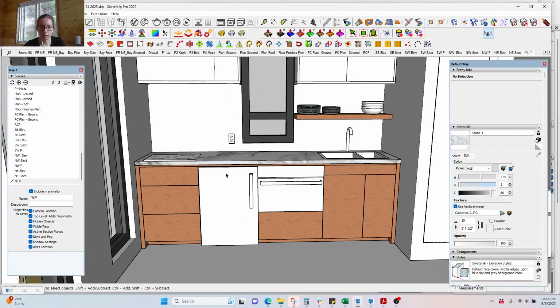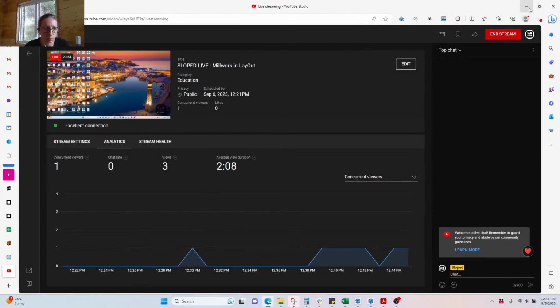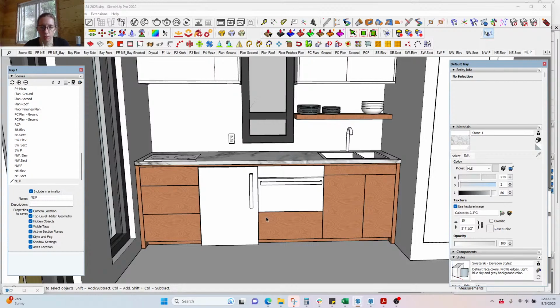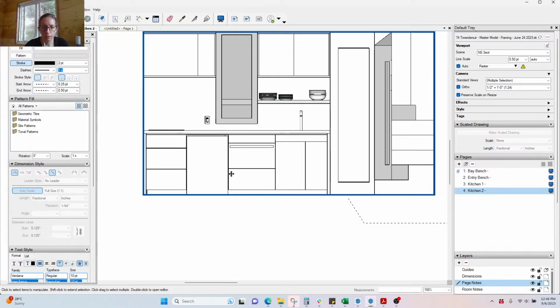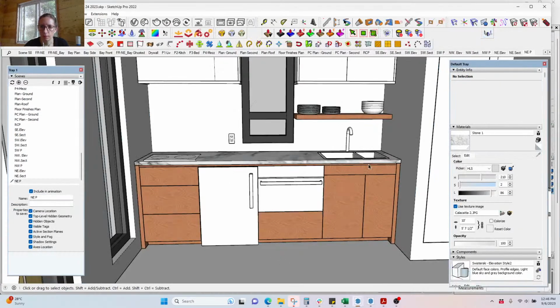Okay, I'll attempt going into layout again. So I'm going to Control S for save. I'll just pop in here, see if there's been any questions. No questions. And that should be saved, so I'll go into layout. And oh wait, no, I made a mistake. I was supposed to go back into draft mode, so I'll open up my